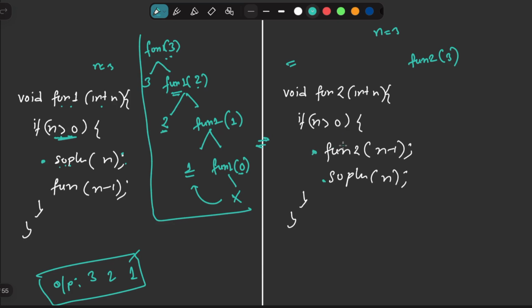So here in this case, the second function, we'll start from fun2 of 3. It is checking n is greater than 0 or not. Yes, it is. So it will call function 2 of n-1, which is 2. So here it called the function. What is the second statement? Printing. But printing will not take place until this statement is finished,